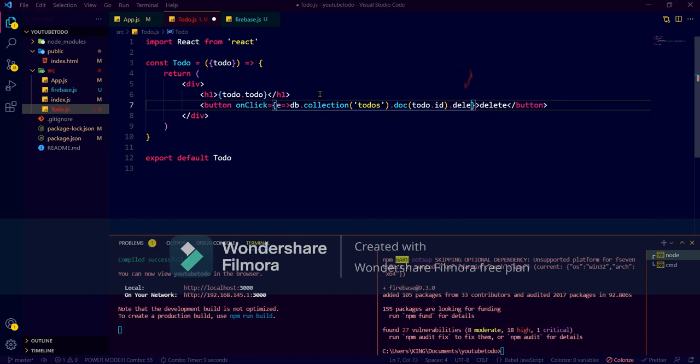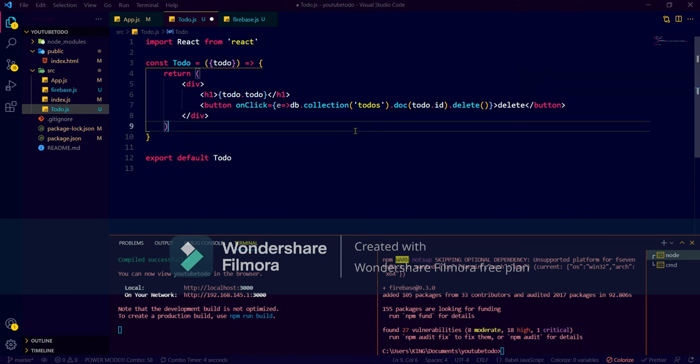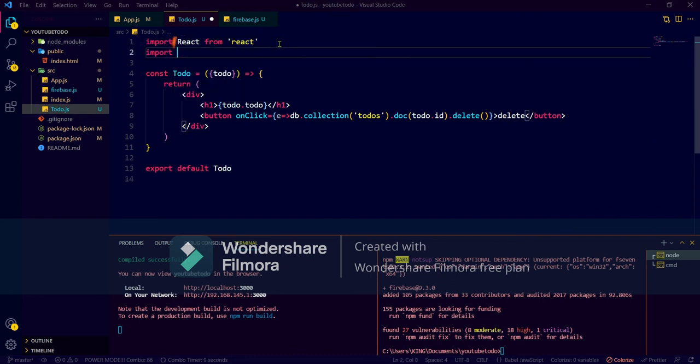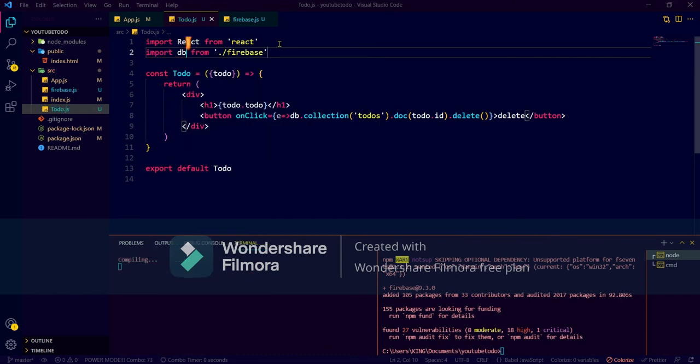So what it will do is go to the todo of that particular id and delete it. Before that, just import db from the Firebase file, Ctrl+S.